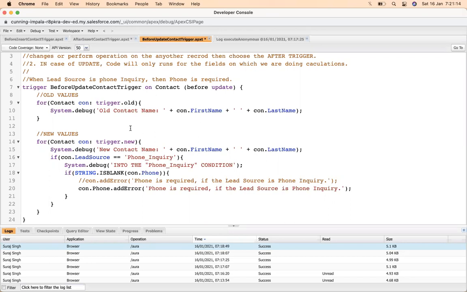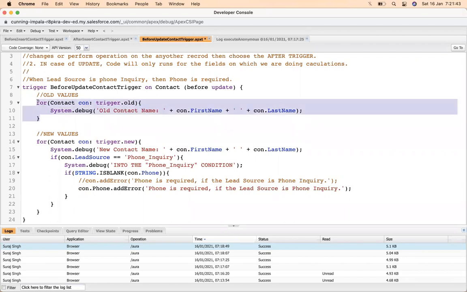So for that we need to take the help of the old trigger. Means we need to check the old value of that phone field. For that, trigger.old gives us a list of old contacts or old values. Similarly, we also have an option available up here.